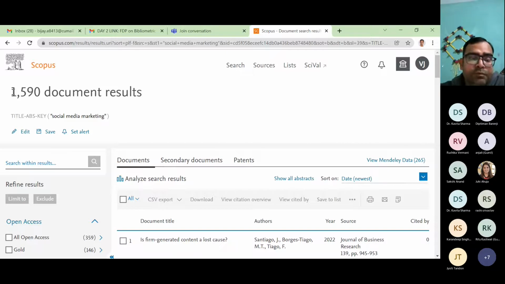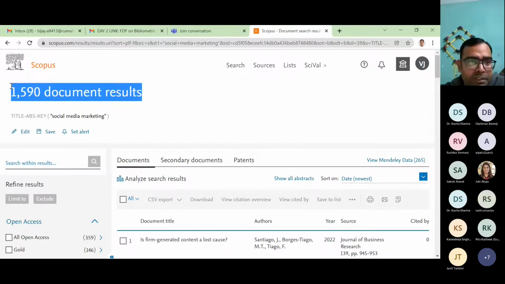So let it be that I have 1590 documents, the details of 1590 publications or articles, and I want to perform the analysis on this.